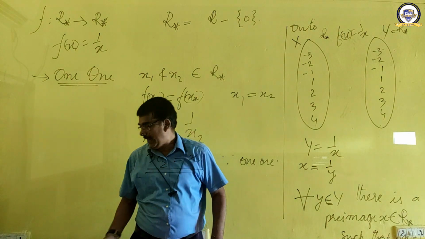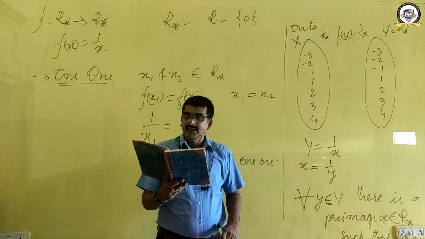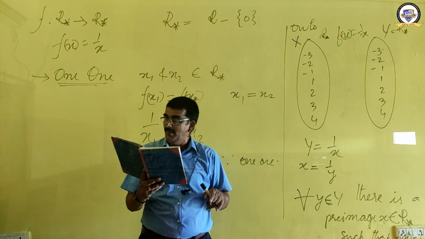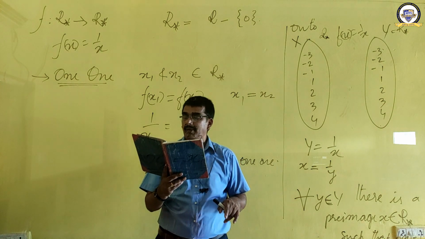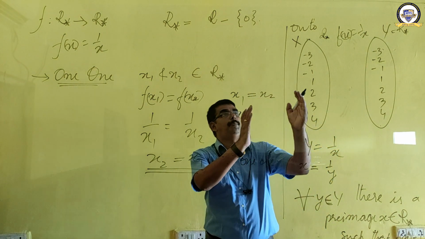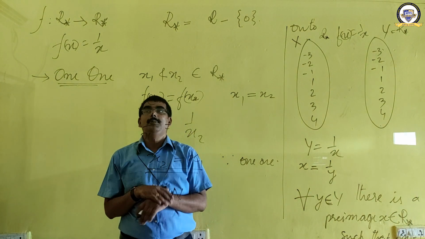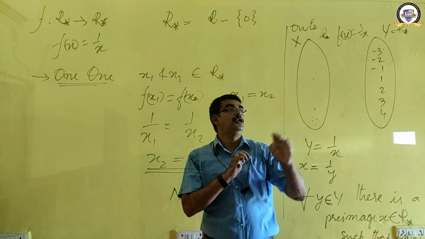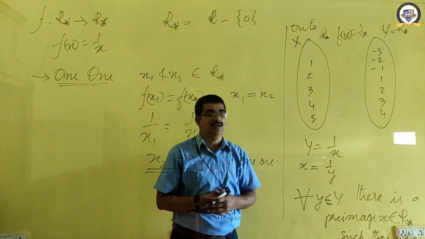Are you clear, everybody? Now we will see the second part over here. Second part is this one. If the result is true, if the domain R star is replaced by natural numbers with the codomain being the same R star, what will be the result? The codomain will be the same, and I will replace this domain with natural numbers. So I can change this domain into natural numbers: 1, 2, 3, 4, 5, like this only.